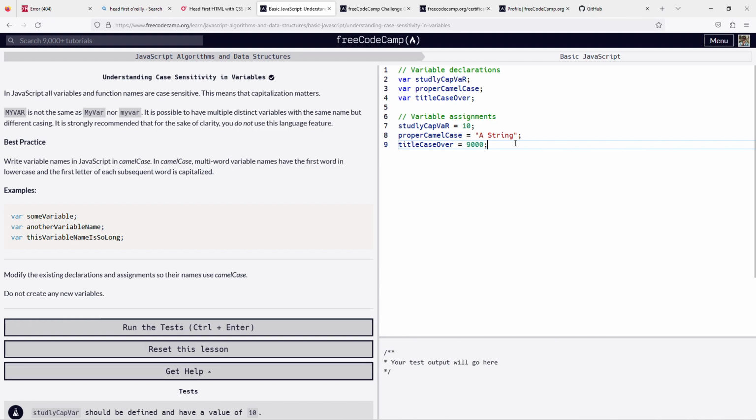Now see how nice it looks, right? It looks really nice. And of course, I just want to remind my students that this is not mandatory. It is kind of